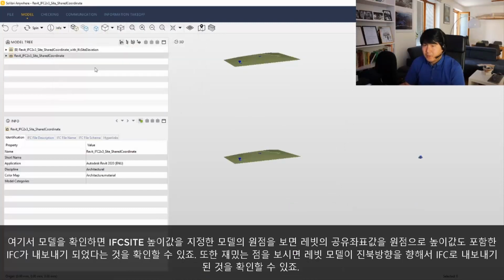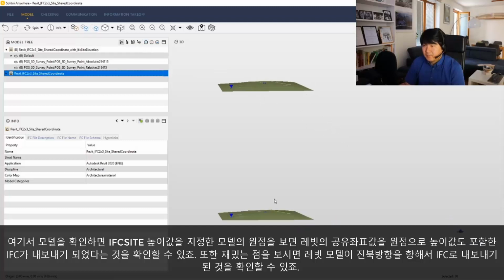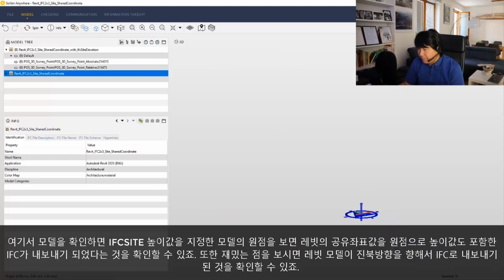If you look at the model now, with the site elevation, if I isolate the model, then you can see between these two models, by referencing the site elevation, they actually show the exact shared coordinates, absolute position,